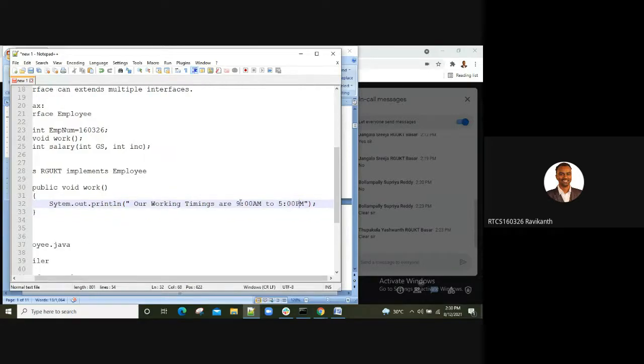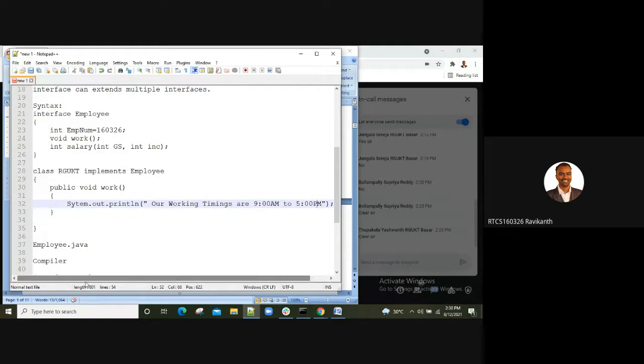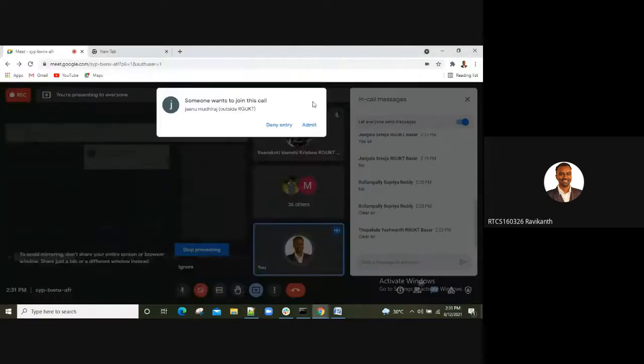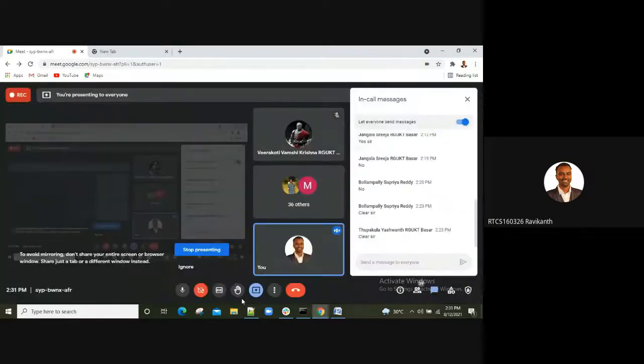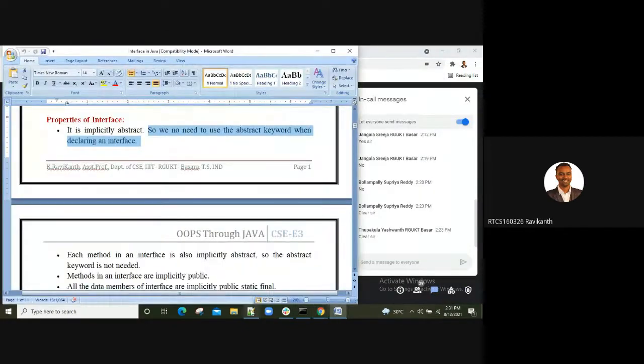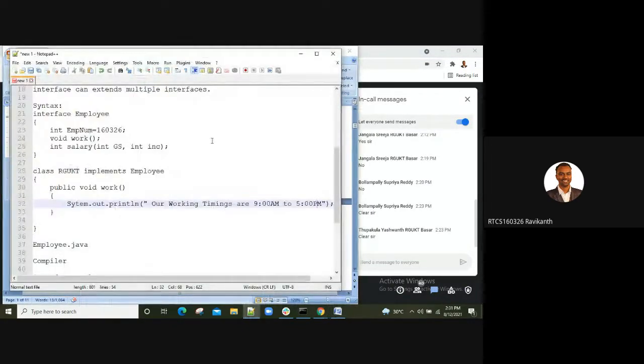Is that clear? So now I'm providing the functionality of that method. Hope you are clear, guys. Hope you are clear on the difference between your normal class, interface, the implements keyword, and how to use them.